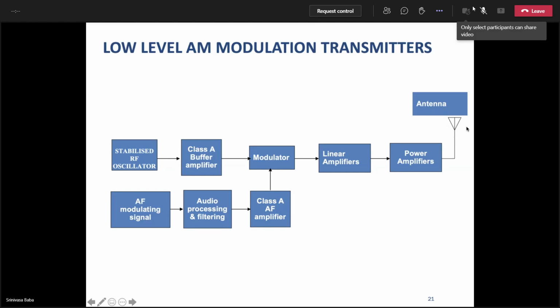And then the output of the power amplifier is a high frequency, high power signal, which is applied to an antenna. Antenna is nothing but a pair of wires or a conductor, which converts the high frequency carrier signal into electromagnetic energy. So it is a transducer converting one form of energy to another form. The form of energy at the input is high frequency currents. The form of output from this transducer antenna is electromagnetic energy. This electromagnetic energy is radiated in the direction of the receiving antenna. It is radiated with the help of a directive antenna towards the direction of the receiver. This is about the low level modulation.